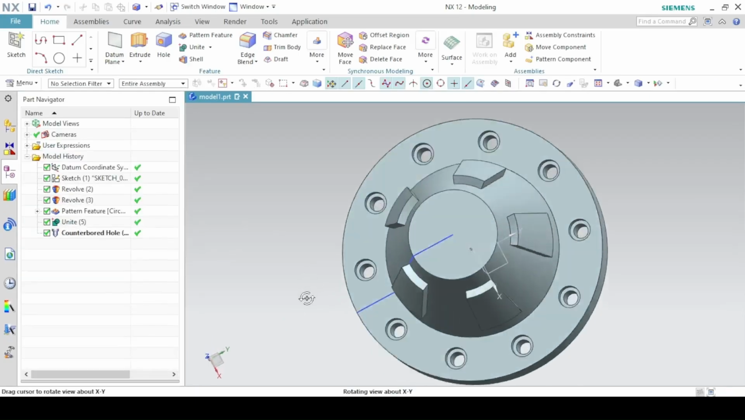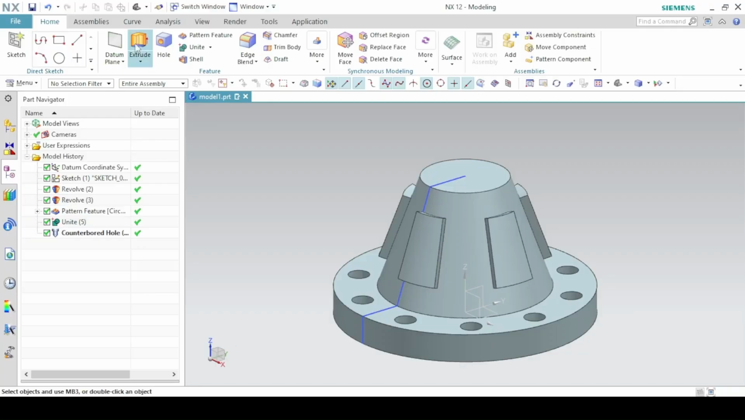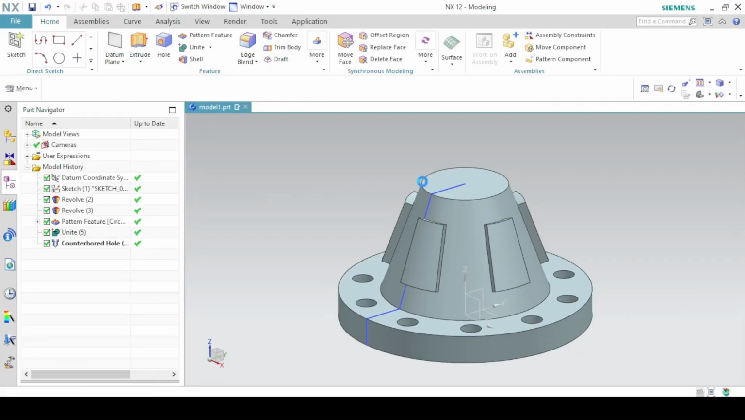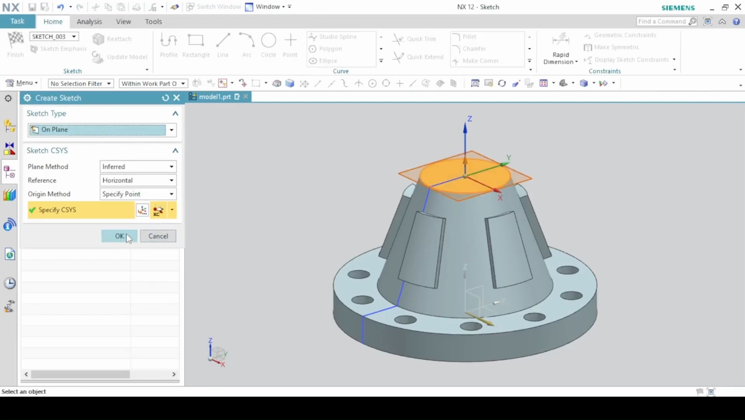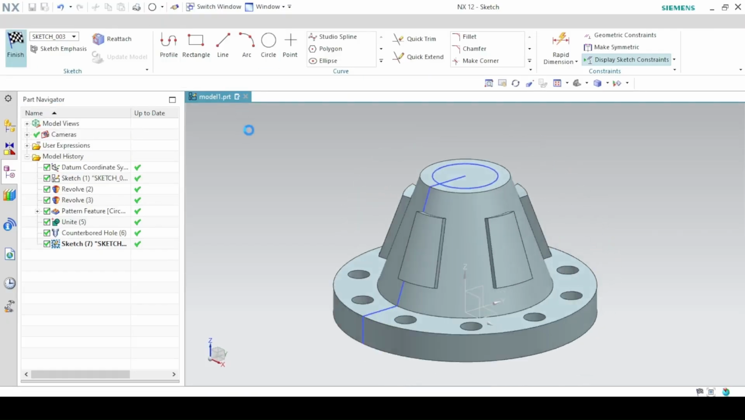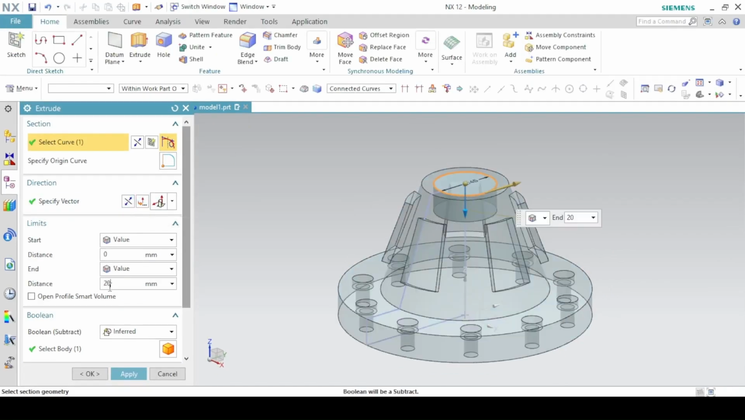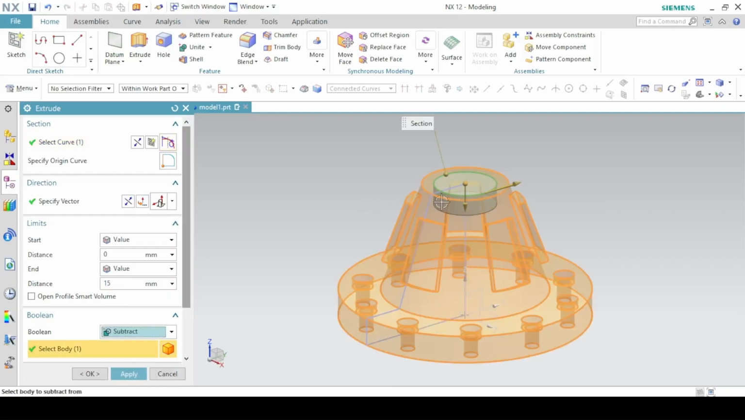Okay, and then we create this hole. So the hole has a diameter of 45 and a depth of 15. So extrude, sketch section, on this face. Okay, then a circle of diameter 45, finish. Now extrude inside, so reverse the direction, and the end limit 15 millimeters. Set the boolean to subtract because we are creating a hole or we are removing material. Okay,